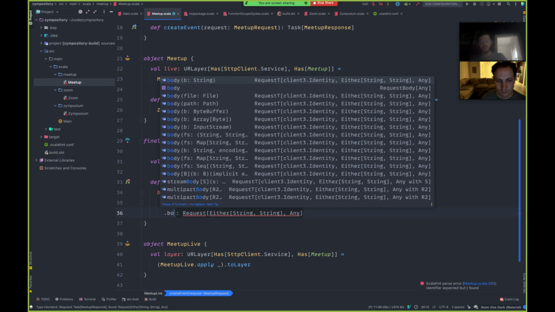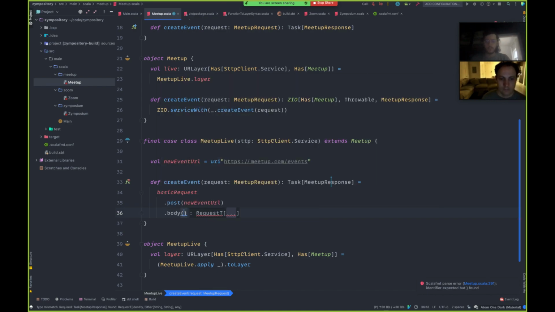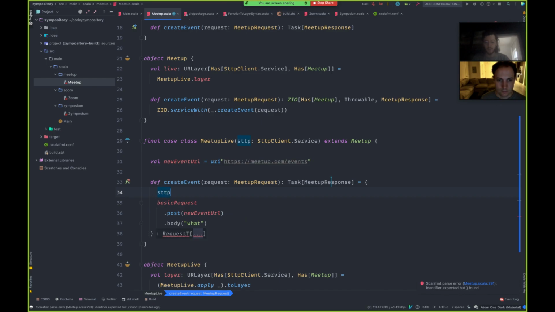which can be a string, a byte buffer, an array, a map from string to string. Basically, it's going to be the JSON payload. I think it'll automatically JSONify it for us if we specify that it is JSON. Otherwise, it can post all sorts of bodies. Not entirely sure what yet. But then this is just a request. We need to send it, and that's what the whole service here is for. So we call send on this.